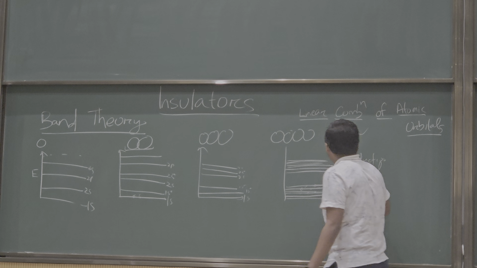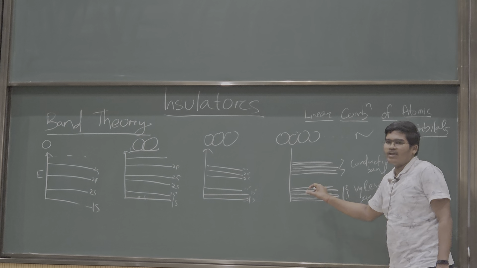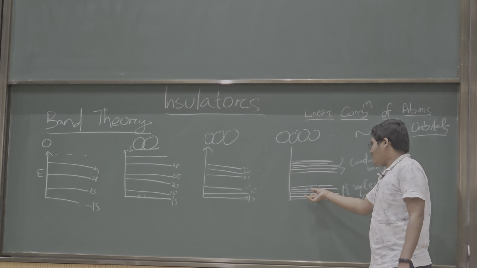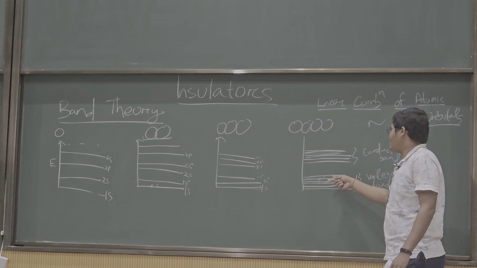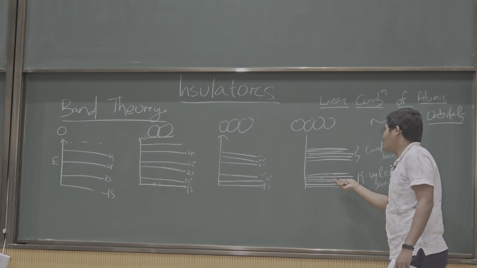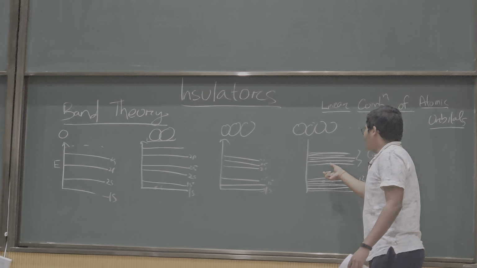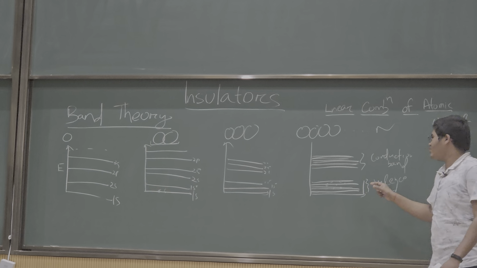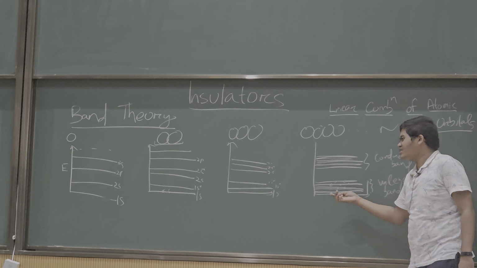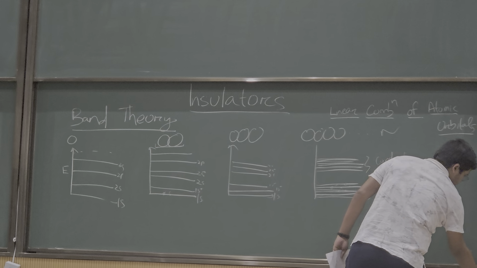In conductors, the valence band and conduction band overlap with each other. So the electrons actually do not need any additional energy to go to the conduction band. They can freely move to the conduction band and they can conduct electricity very easily. In semiconductors, there is a gap, but the gap can be overcome if we provide energy to the electrons. But in case of insulators,